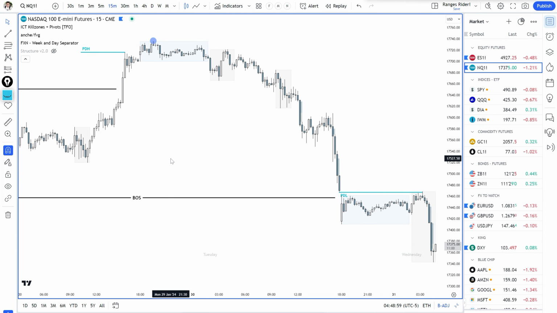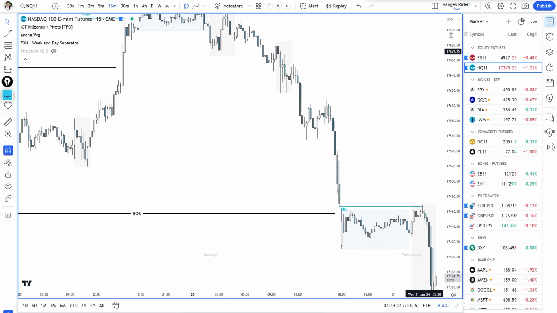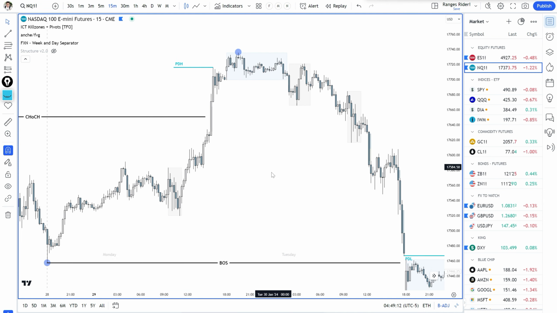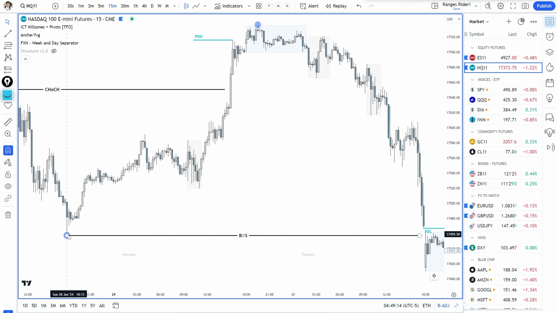Hello, I have one trade on Nasdaq and here is a breakdown. Yesterday we confirmed the QM here, and once we confirmed the QM we have the range from here to here,